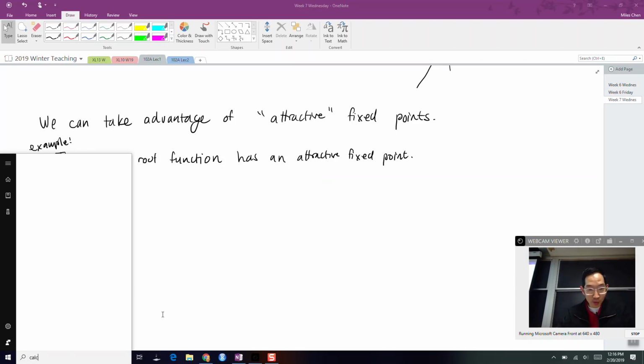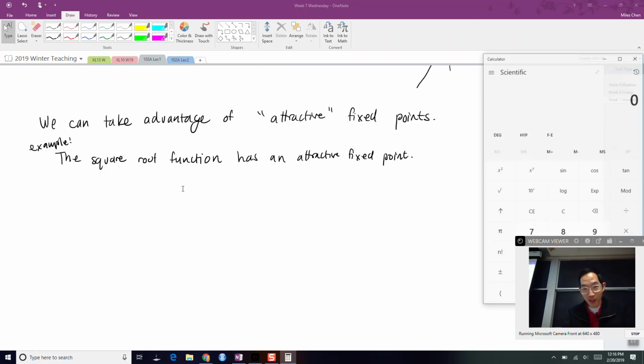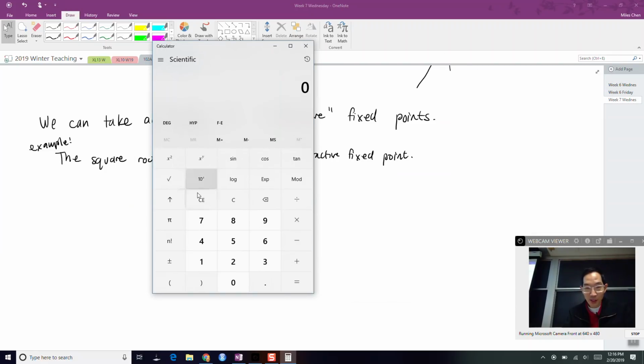Let me find my calculator. So I think I can just demo this. If I start off at 124, and then I take the square root, I get 11.113. Square root of that is 3.33699. Square root of that is 1.8267. Square root of that is 1.35. Square root of that is 1.16. 1.078. Square root 1.02. And I keep doing this, and we get closer and closer to